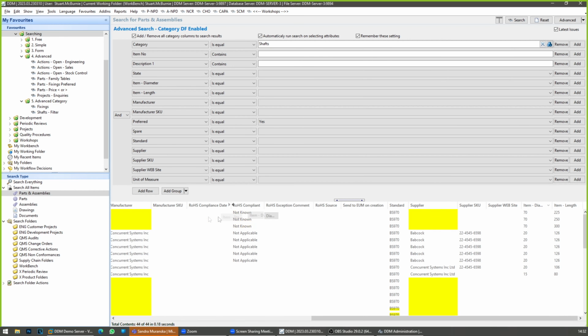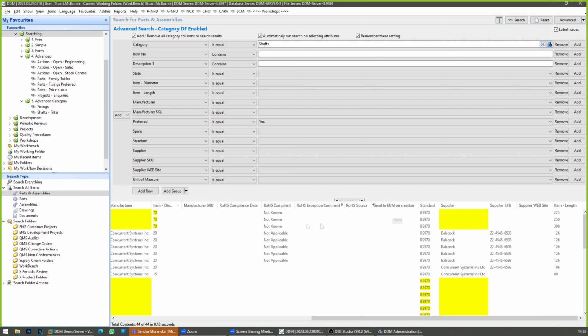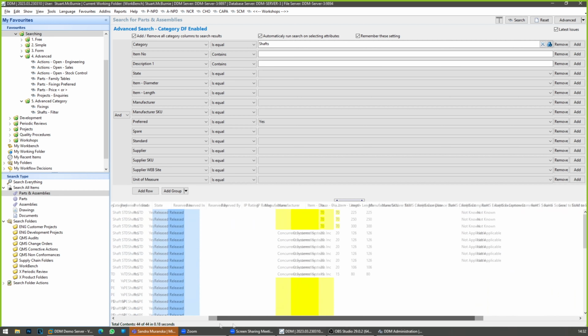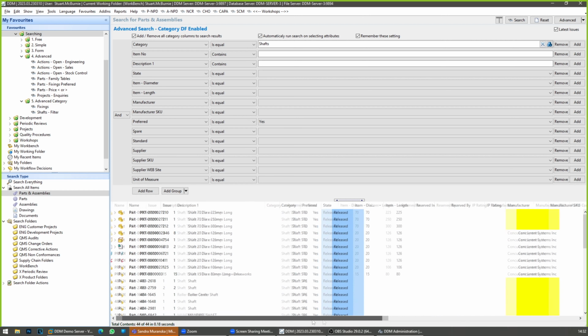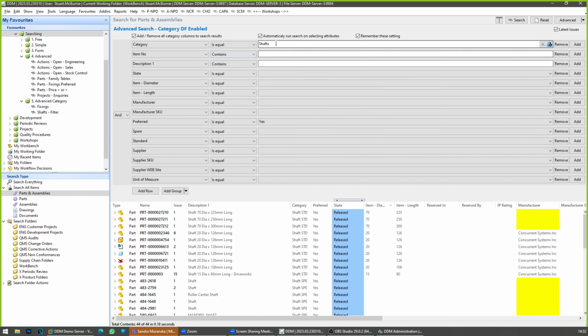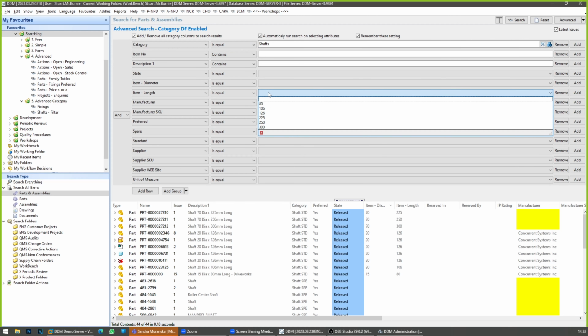We'll see here those columns. I'm going to move them over so you can see how that's working, and I'm going to put them after the status column. So it's finding me all shafts in the database. But now if I choose length, if I'm only interested in things that are